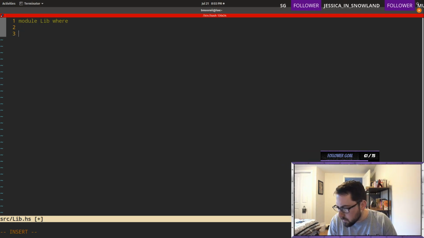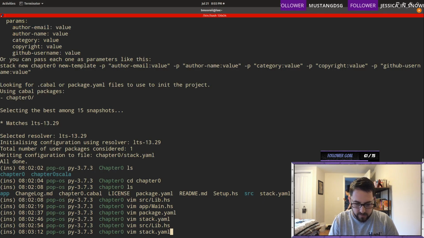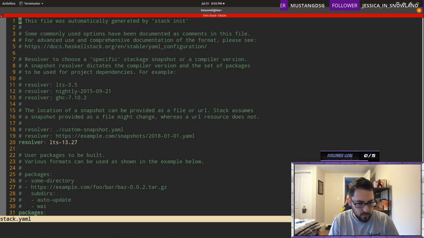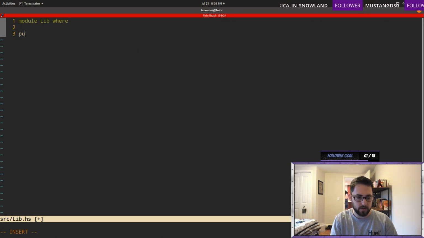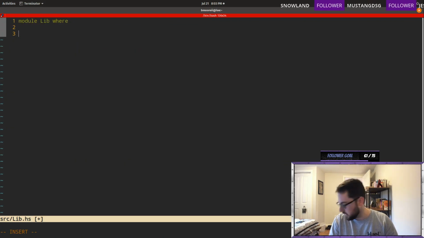So yeah, we got to use a slightly older version of Haskell, of this. What is it? Of Stack? No, it's the Haskell resolver. Because the LTS 13.29, I don't have the HIE compiled for it. So now I think we should be able to get auto completions, but we'll see how that works.